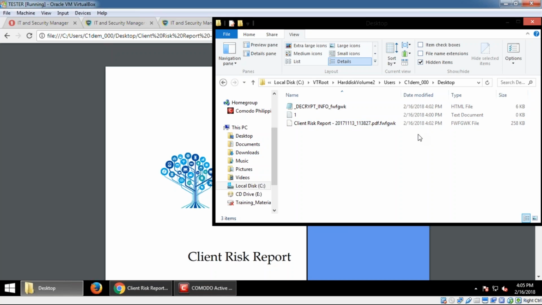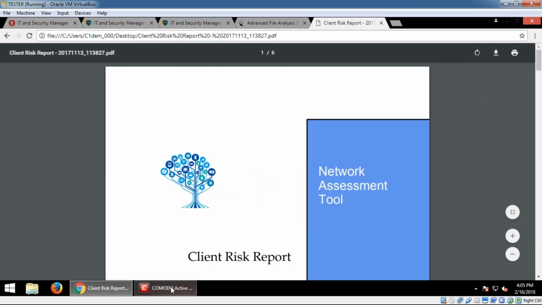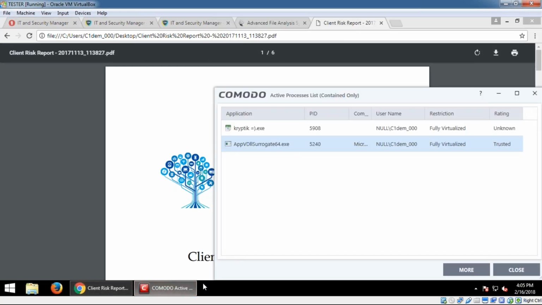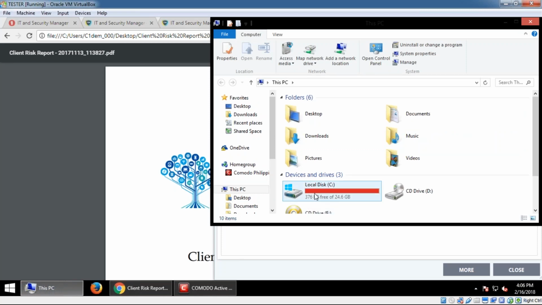But since it's inside the containment, all these files are being created within a virtual environment. So it makes the unknown file think that it is running in an actual environment. So that's what it does, right? So I'm actually not gonna wait for the ransomware screen to show up because it's gonna slow down my computer. And also, again, I only have a little space left, and